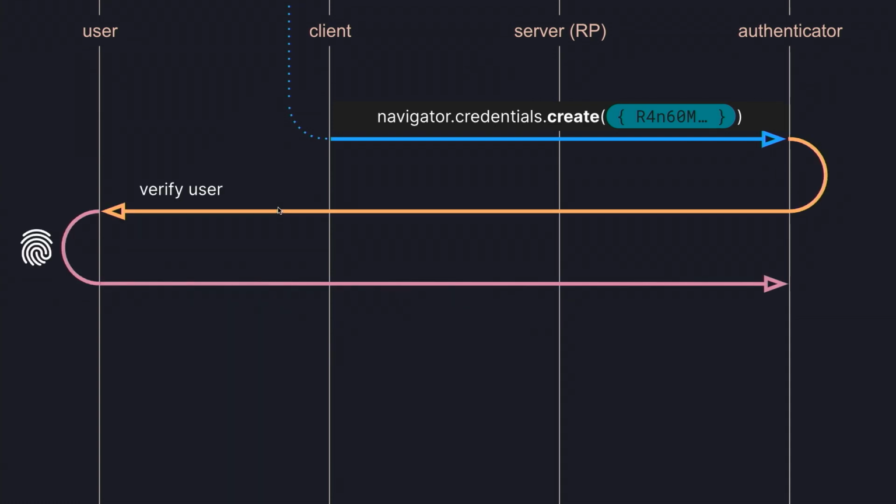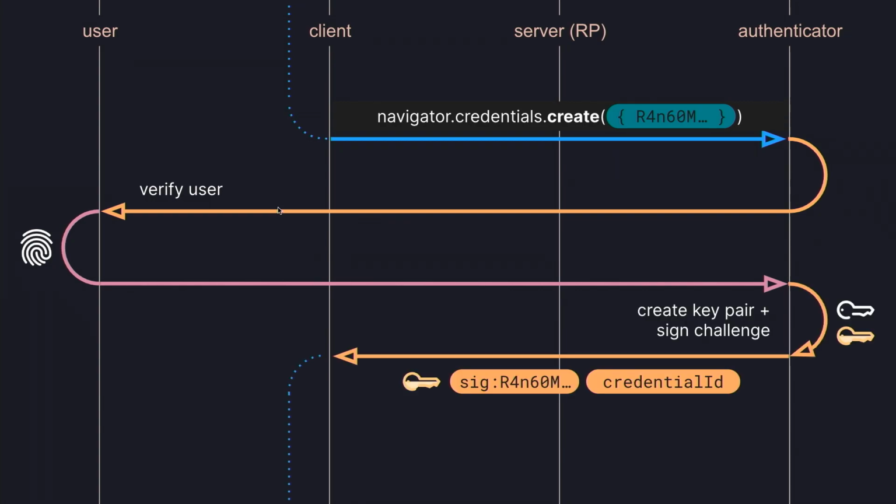the user might get prompted for verification. Not always. If they've just verified, then they're not going to get prompted for verification immediately a second time. The relying party, when they send the options, is basically directing what needs to happen in the whole process, and it has that power. So you might or might not get prompted to put in your passkey at this stage, if you're the user.